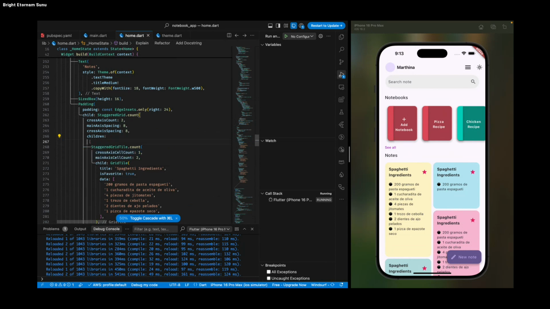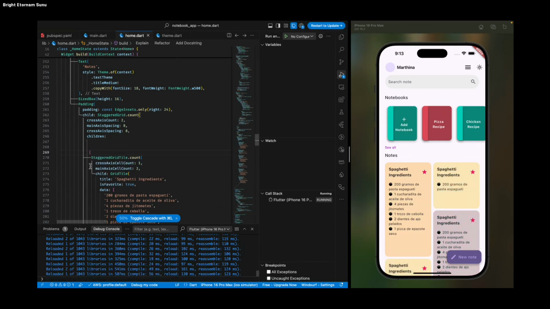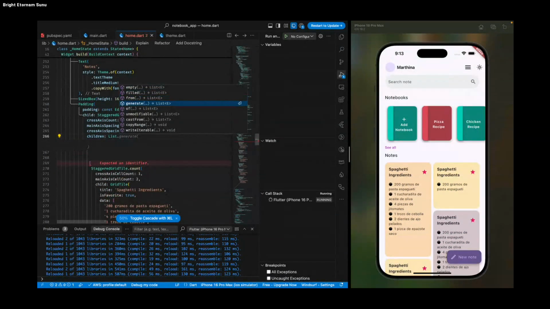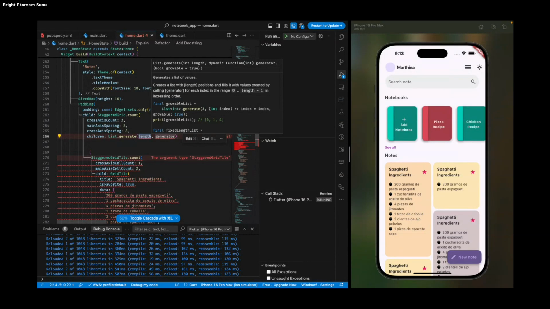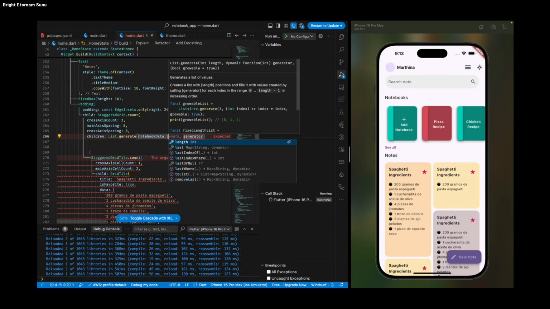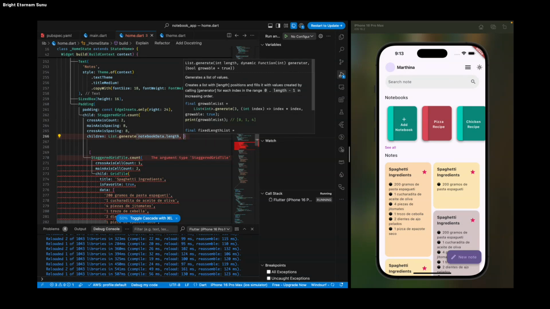So I'm going to do something. Okay, I have time. I'm going to say this view dot generate again and notebook dot length. This is an index